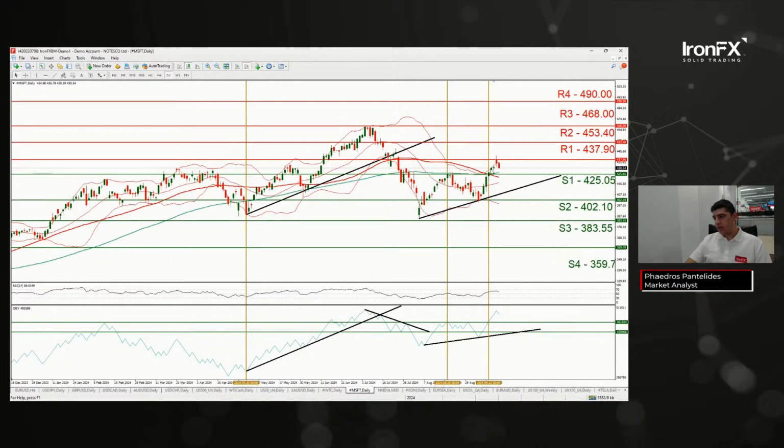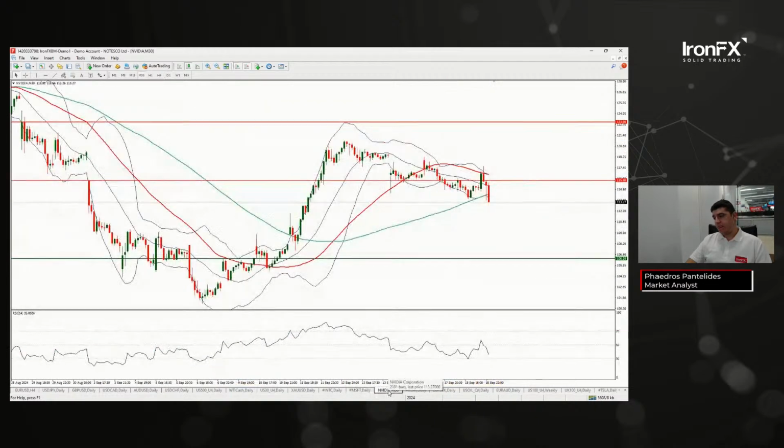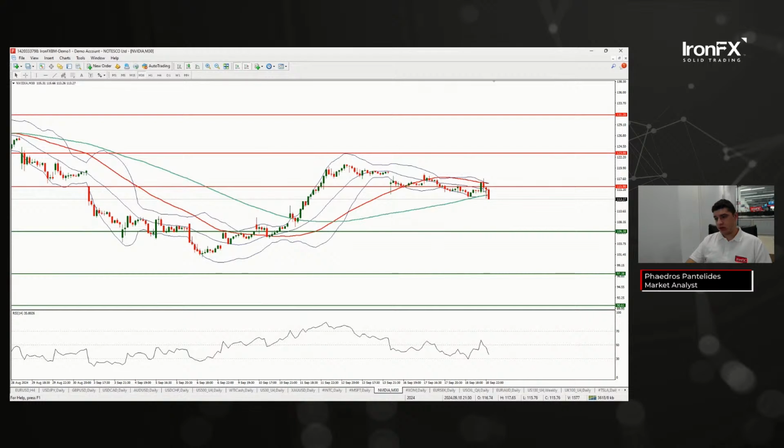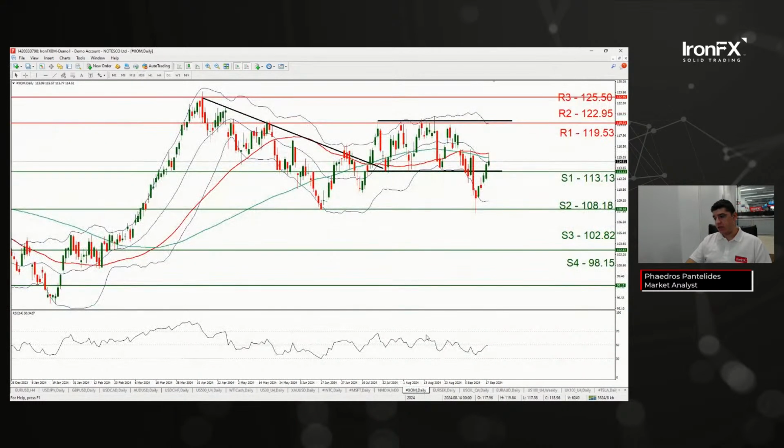Overall, swing high. We would like to see the formation of a higher low, so higher than this point here, for that bullish outlook to be continued, and higher above this upwards moving trend line. But for now and for the day, could be moving in a downwards fashion once the stock markets open. Nvidia, not looking at it good. This was a 30-minute time frame. Target could be at 106.38.